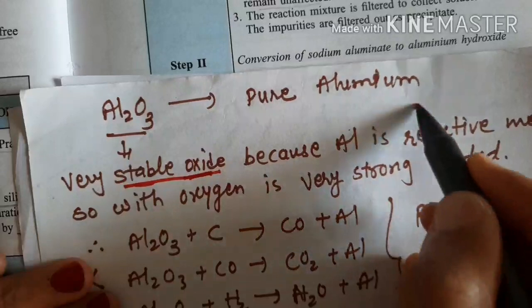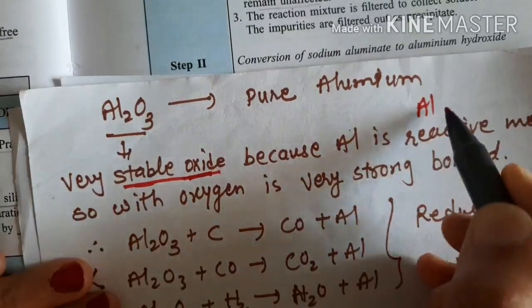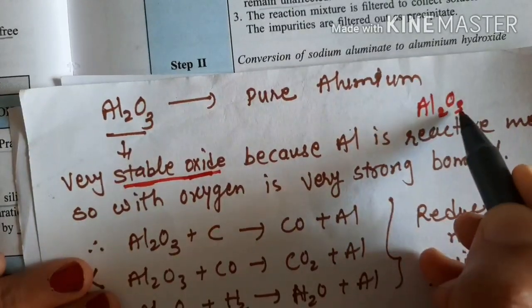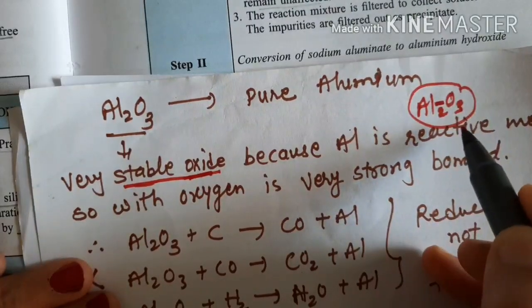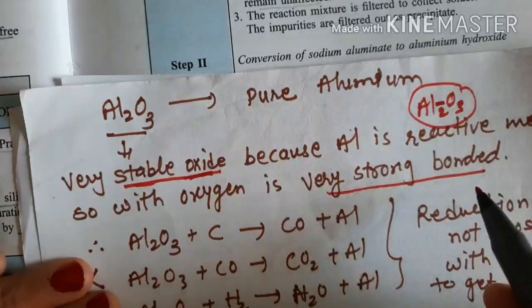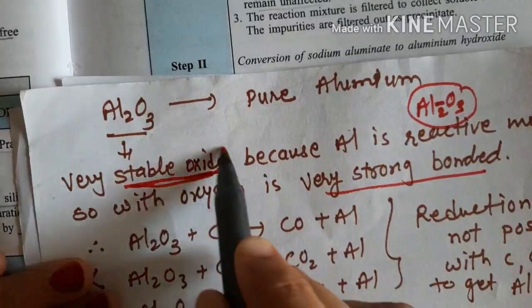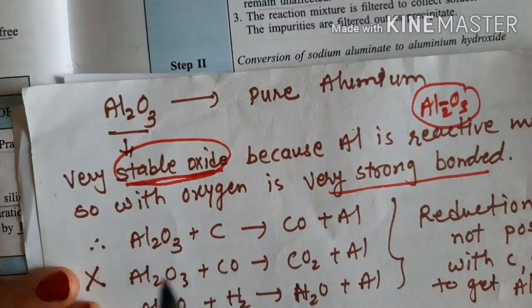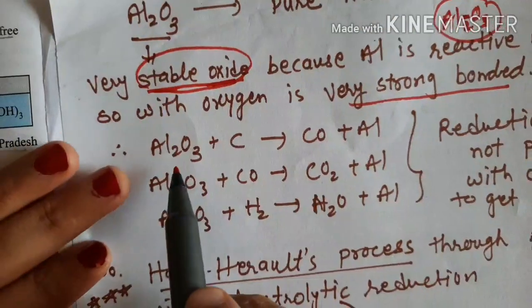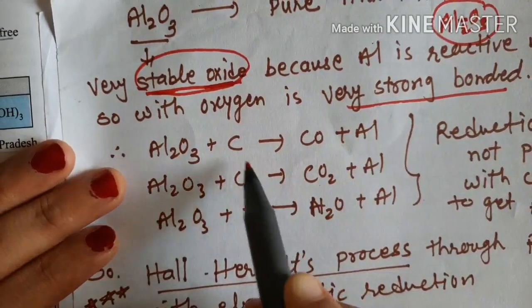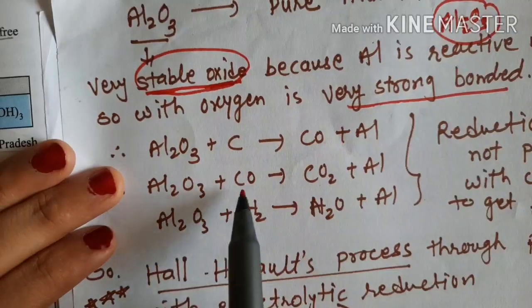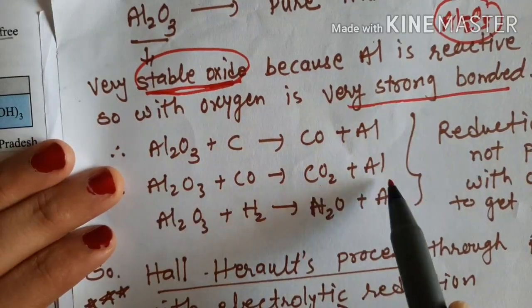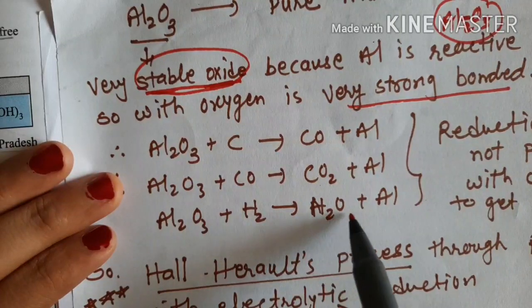Because aluminum is very reactive, when it reacts with oxygen the bond formed is very strong, so this oxide is very stable. So when we do the reduction reaction with carbon, carbon monoxide or hydrogen, giving CO plus Al, or CO2 plus Al, or H2O plus Al,